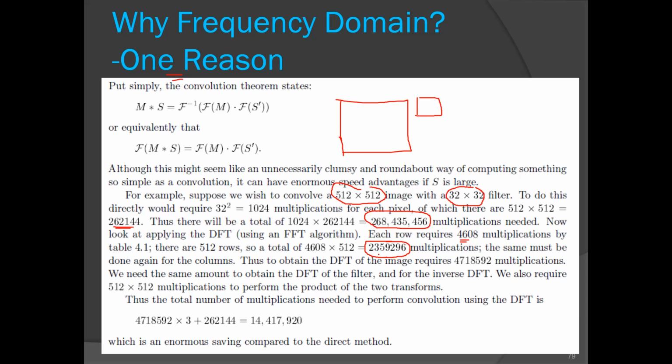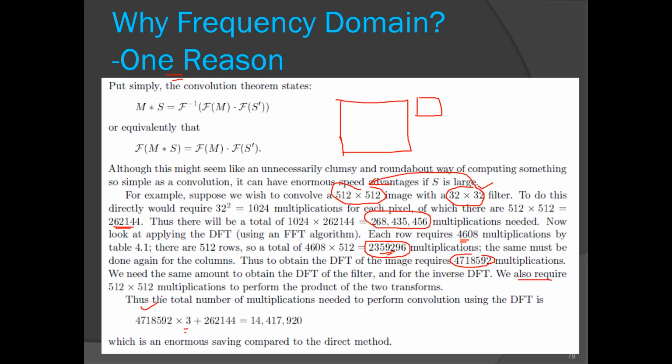So again we need this much multiplication, and we have to take the Fourier transform of the filter also. We have to pad the filter and make its size 512 by 512. Again we require this much multiplication. That's why we have 3 multiplied by that factor: first the Fourier transform of the original image, the Fourier transform of the filter, and then the inverse. And then plus